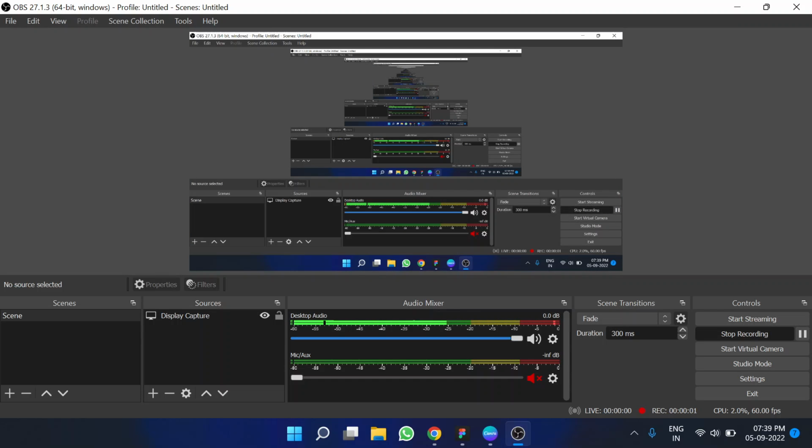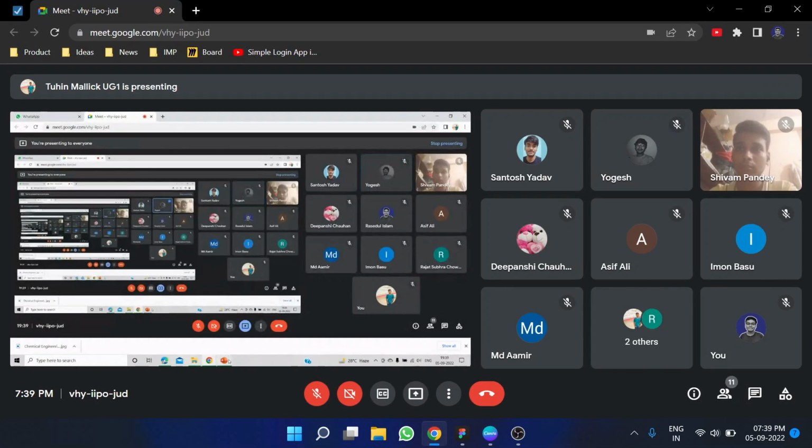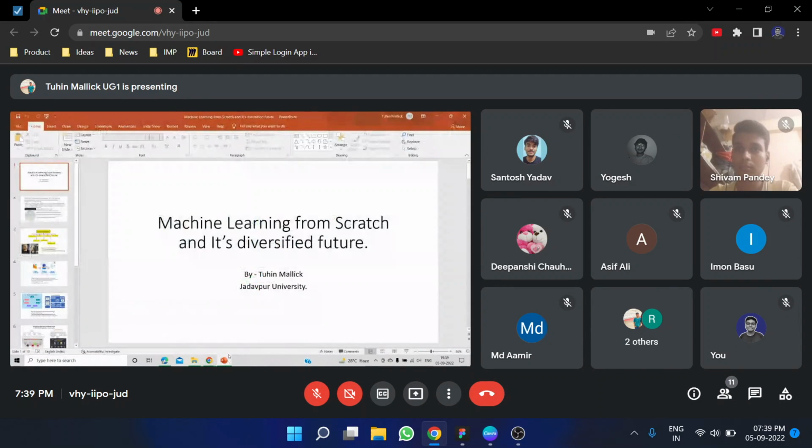रिकॉर्डिंग चालू करनी है। अभी ही कर दे भाई। ऐसे तू भी कर दे रिकॉर्डिंग।